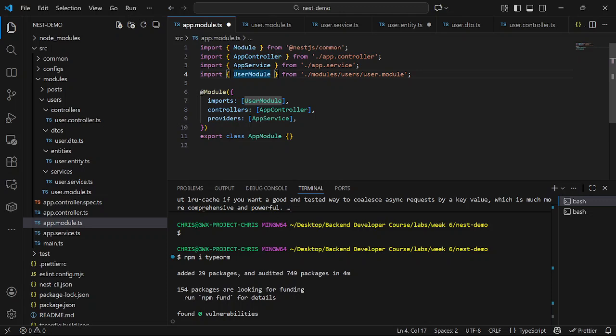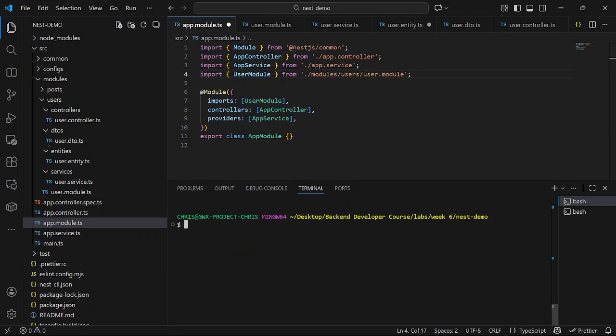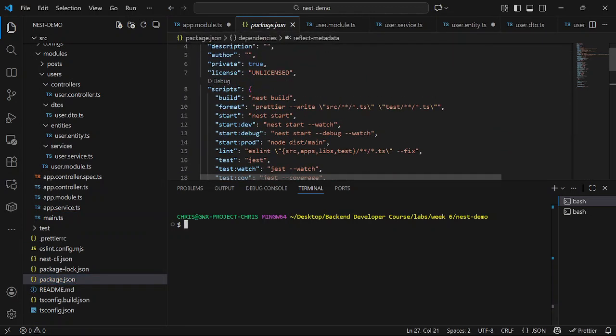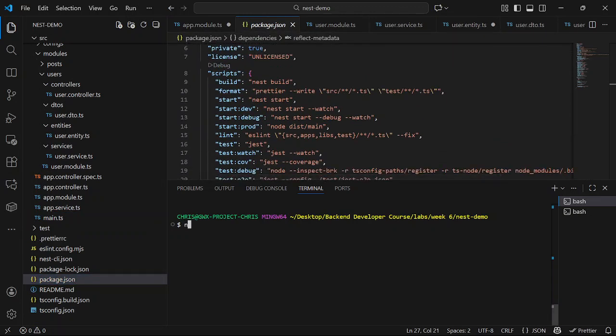So let's wait. Okay, everything is installed now. TypeORM is installed. So let's run our application and see if our setup is correct or not. To do that, just call npm run start:dev. We're running this command to start the development environment.